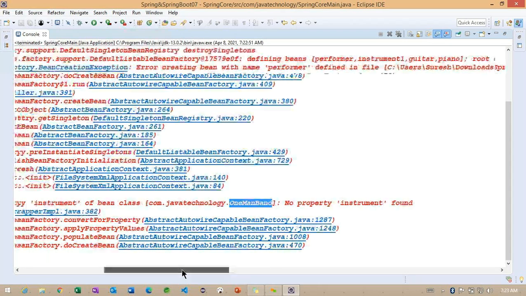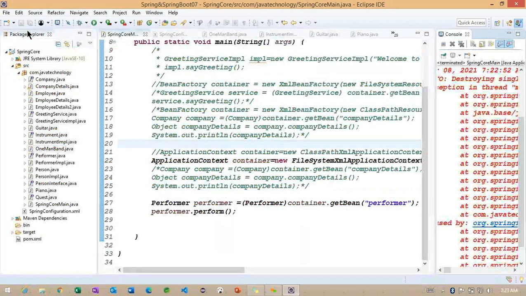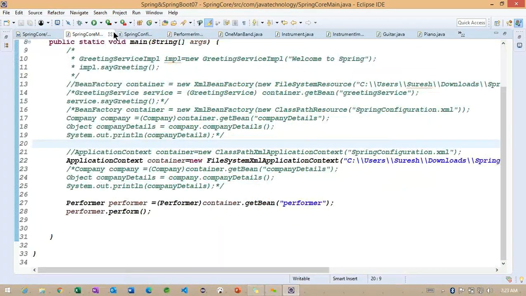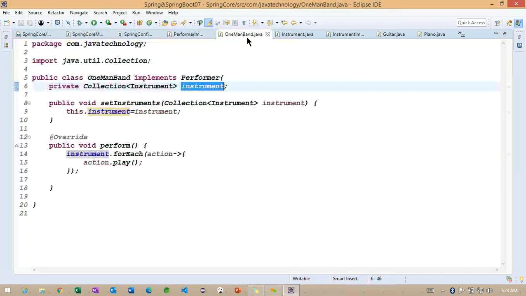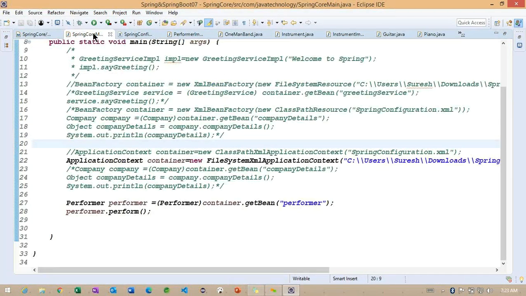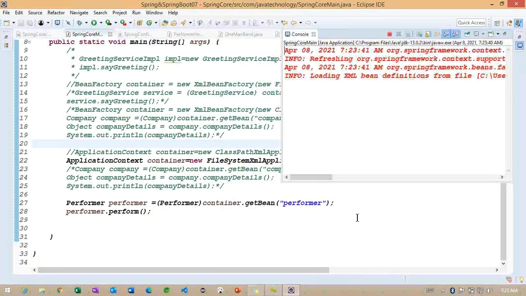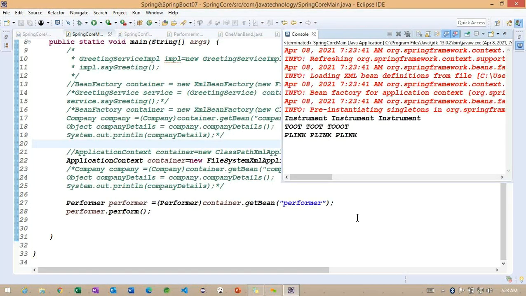So even though it is not expected here, if I change it here, yes, good. That is why we need to change here. So here, if we change it, it's going to work.